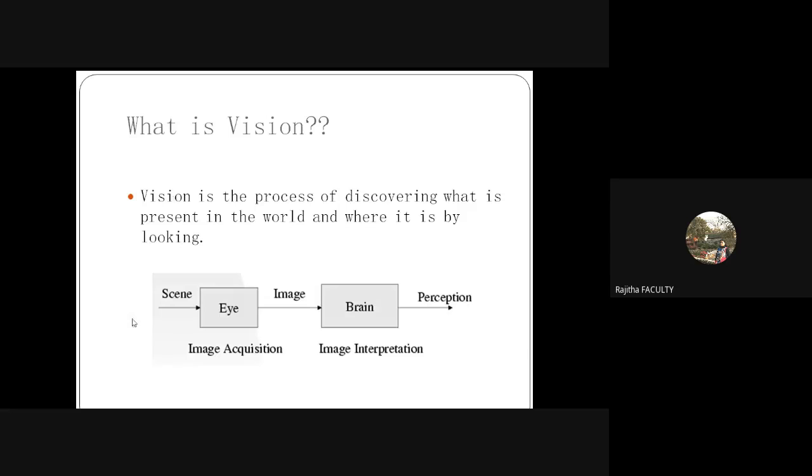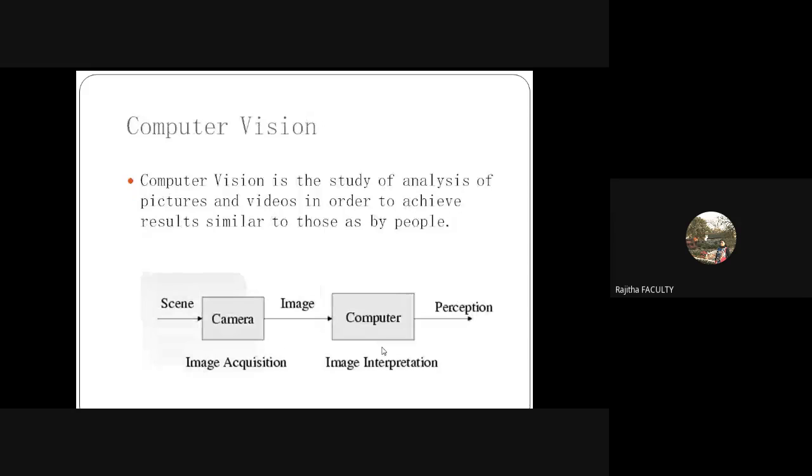Now what is vision? Generally, what you see is your vision, right? Your environment, my eye. When I look into any scenario, it is captured through my eye, and it is trained through my brain, right? My brain trains that. Currently I'm sitting in front of my laptop holding a mouse in my hand, dealing with the lecture. It is my understanding by looking at my current vision of my eye, right?